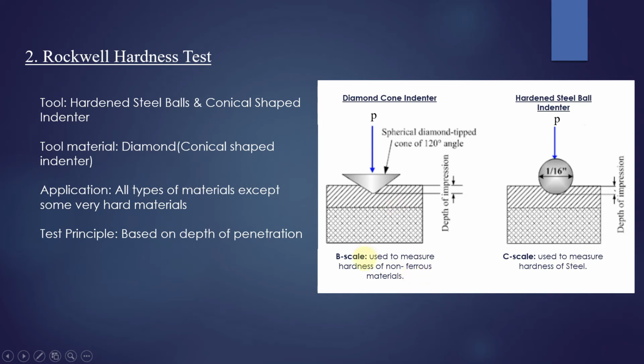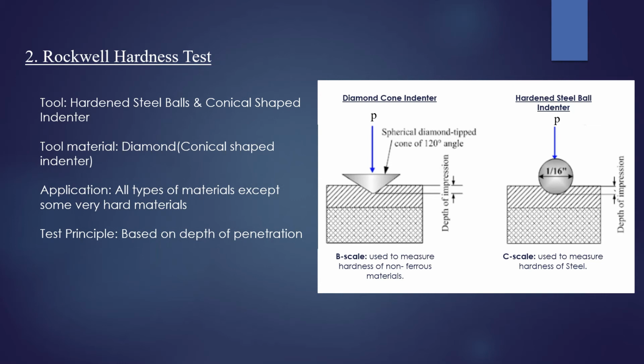And here you can see in the B scale we are using the diamond cone indenter, and this diamond cone is making an internal angle of 120 degrees. And here in the C scale, we are using the hardened steel ball indenter, and its diameter is 1/16 inches. Okay, and I can say this Rockwell hardness test is very close to the Brinell hardness test